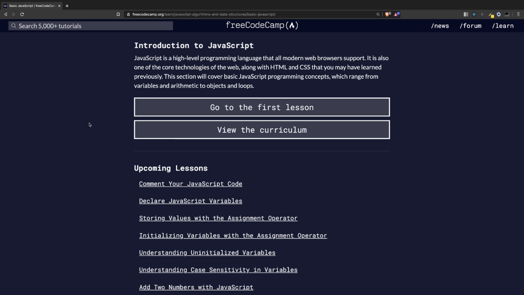Introduction to JavaScript. JavaScript is a high-level programming language that all modern web browsers support. It's also one of the core technologies of the web, along with HTML and CSS. As I said when we did the first curriculum, which was the first certificate, which was HTML and CSS,